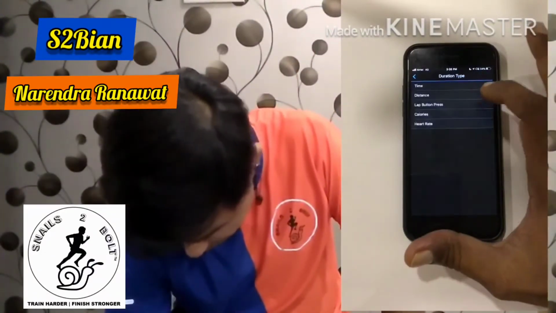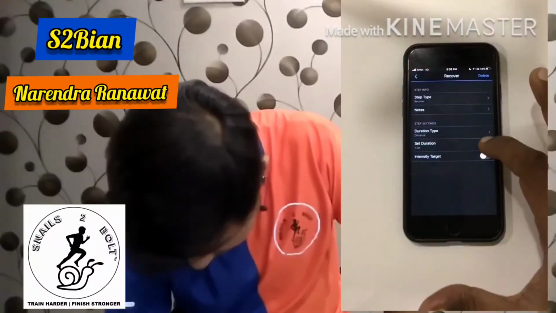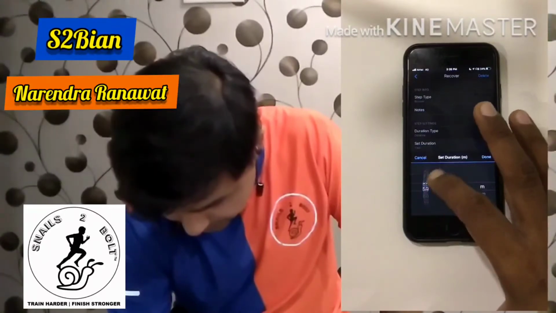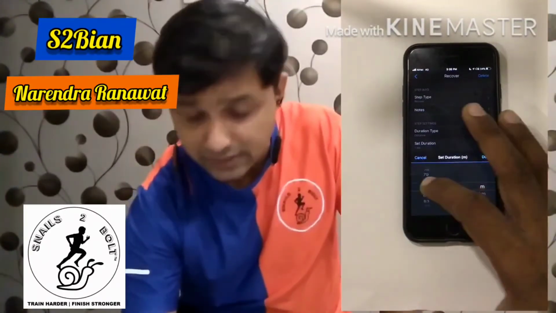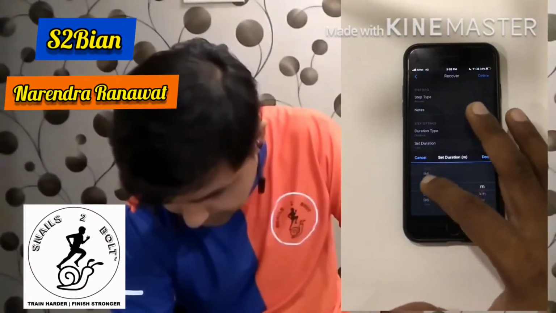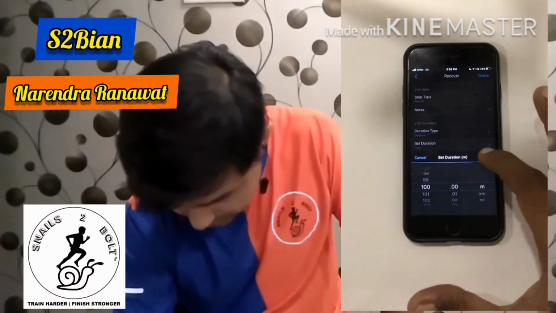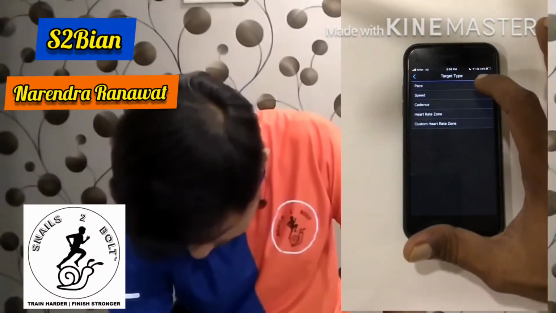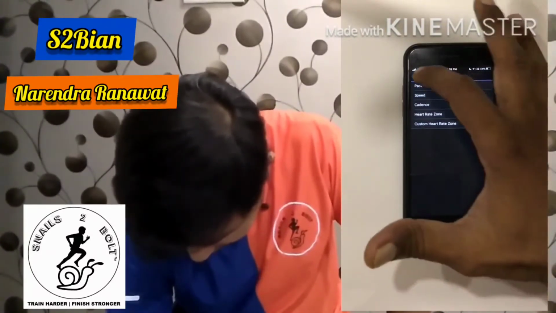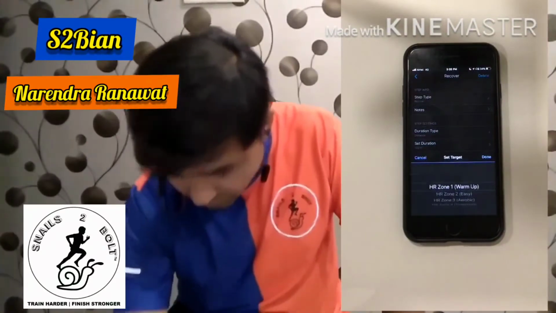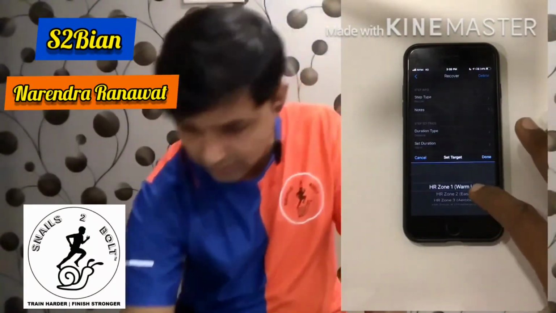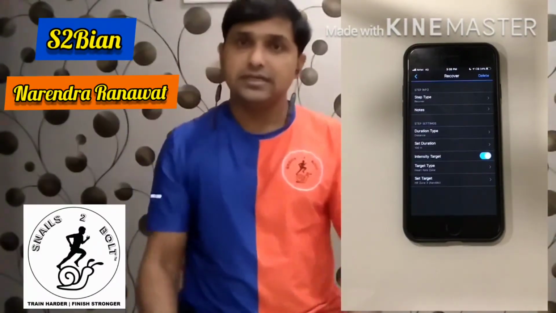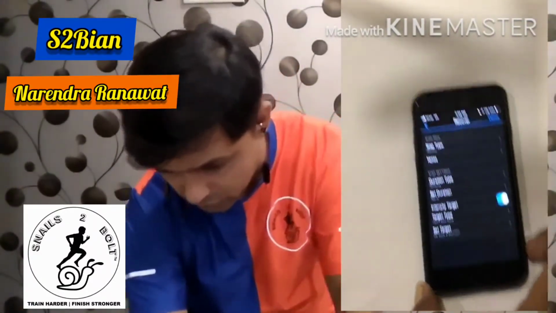So there also I'm going to set distance, and distance is again 100 meters. So I'll change the unit and keep it to 100. I hope you are understanding it. Okay, so I'll keep it as 100, and intensity I will keep as heart rate. Now since I have done a fast 100 meter, it will be difficult to maintain the HR, so I'll bring it to aerobic, that is easy run, aerobic zone.